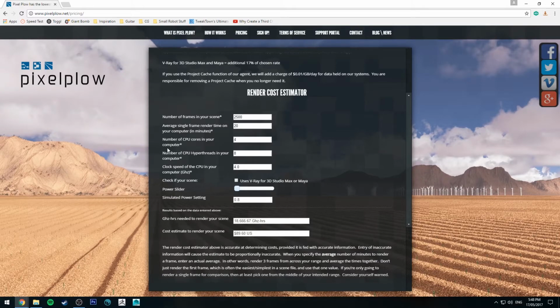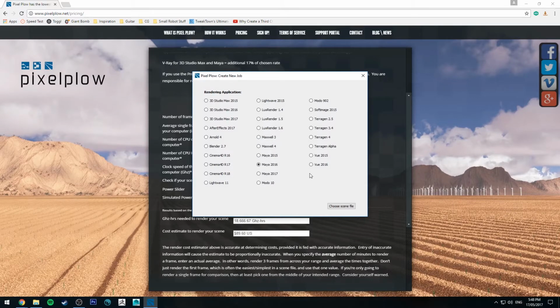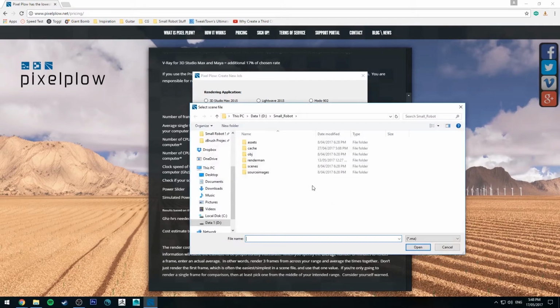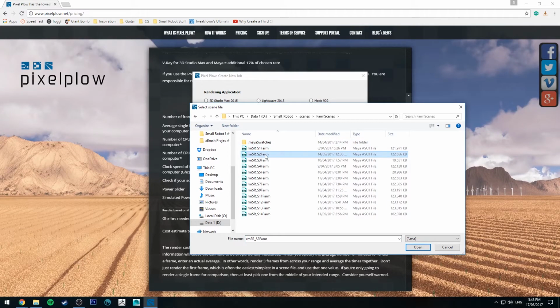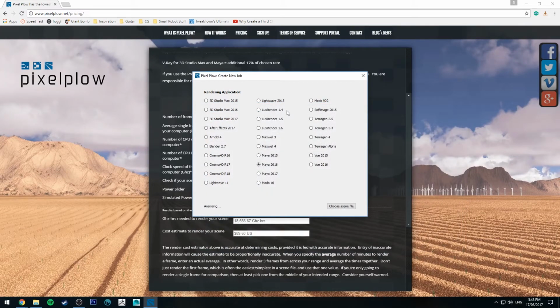So let's have a look at how it works to submit a scene. When you open Plow, you'll get it in the bottom right corner of your system tray. So you can just right click on that and click submit job, and what will happen is you'll have to choose your application. So I'm using Maya 2016, and then you'll choose your scene file. If you haven't already submitted a scene from this project, it will need to upload all of your project files as well. So if I go to scenes and I go to scene 2, which I was just rendering recently,